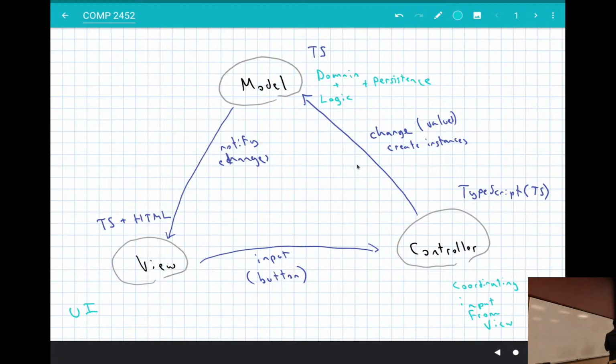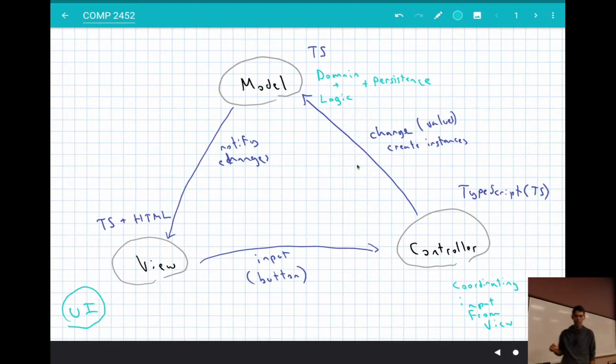The separation that we have between model and view is that our view is going to be purely responsible for presenting the state of these model objects. It's just presentation. It's just about showing the values that we have here. And so this is ultimately this UI layer that we had. This is going to be a combination of TypeScript and HTML. HTML is really the presentation tool that we're using, and TypeScript is going to be here